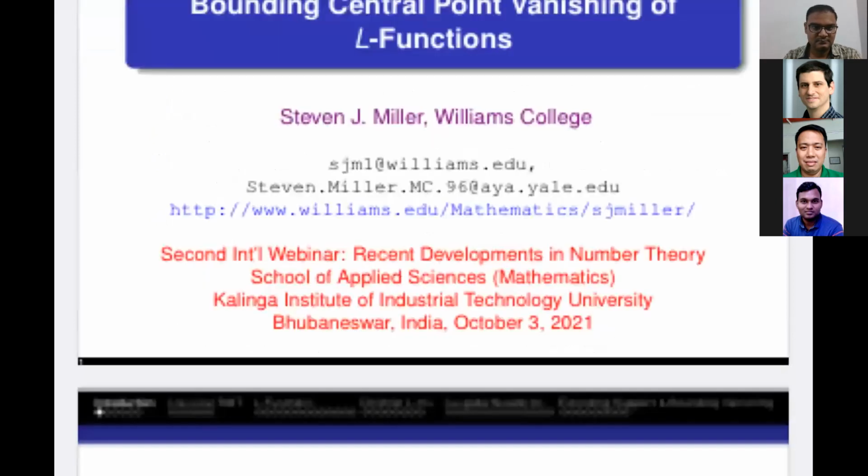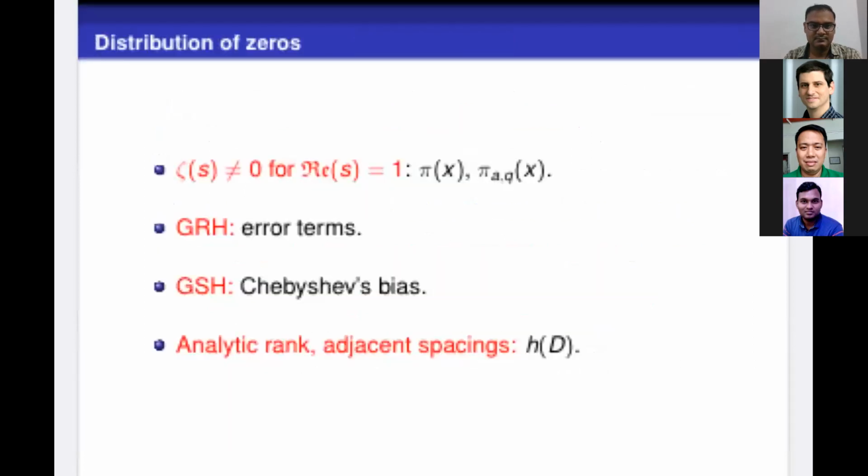It turns out that these problems are related to properties of zeros of L functions. So if you want to prove formulas for the main term of the number of primes or primes in arithmetic progression, you just need to know that there are no zeros on the line real part of s equals 1. If you want better estimates, then you need the Riemann hypothesis, which talks about the distribution of zeros in the critical strip. If you want to talk about biases between primes congruent to 3 mod 4 and 1 mod 4,